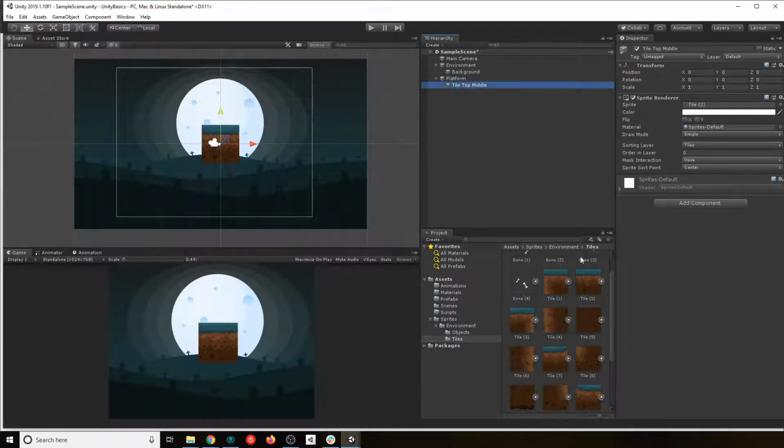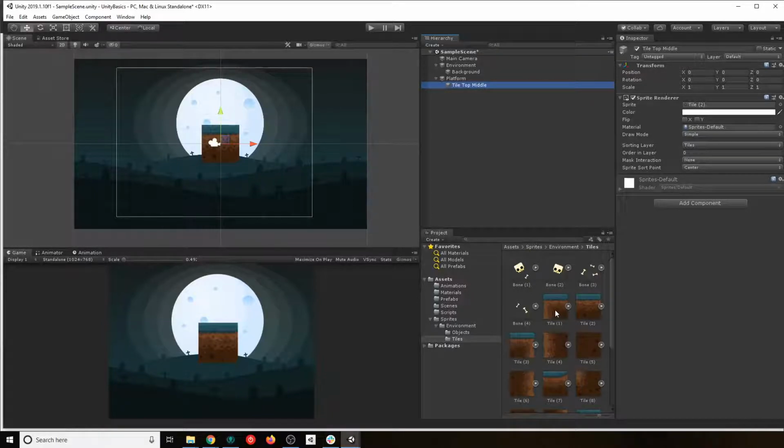So I have it here. I'm going to look for the left corner one. I want to put this one here, and I'm going to look for my right one. Okay, so Unity has something great, which is I can move objects. Sorry, if I want to see this too, I need to change them to tiles, right? So if I move it, I now can see it. So we're gonna say this guy is our top left, and this guy is our top right.